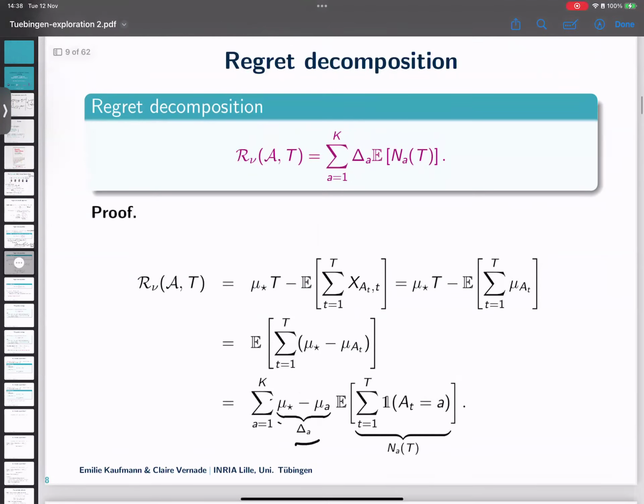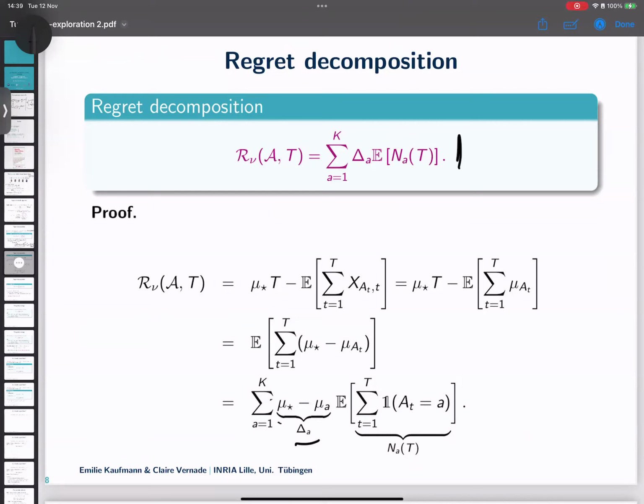So the final expression is this thing. When you think about it, I just proved that the total regret is just the sum of the losses that I incurred from each of the suboptimal arms, from each of the arms, multiplied by the number of times I pulled this arm. It's not rocket science here, but it requires you to manipulate things a little bit carefully. And I end up with a metric that actually makes sense.